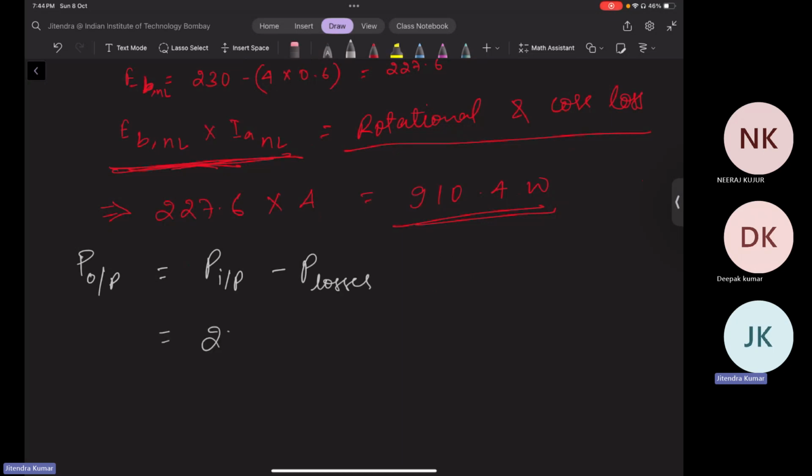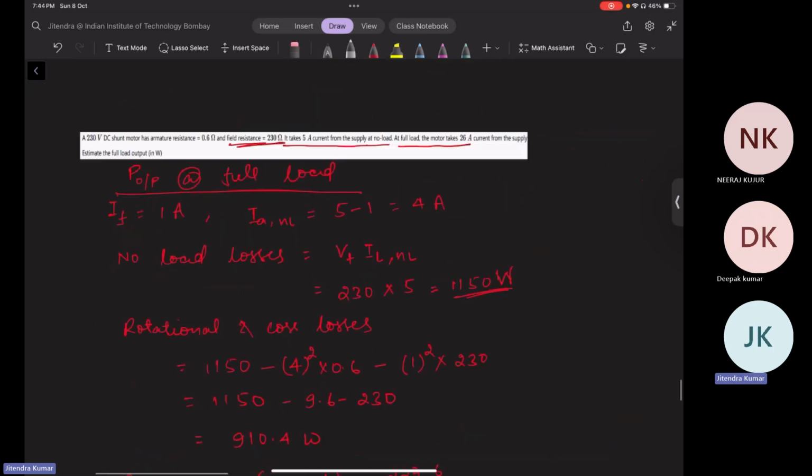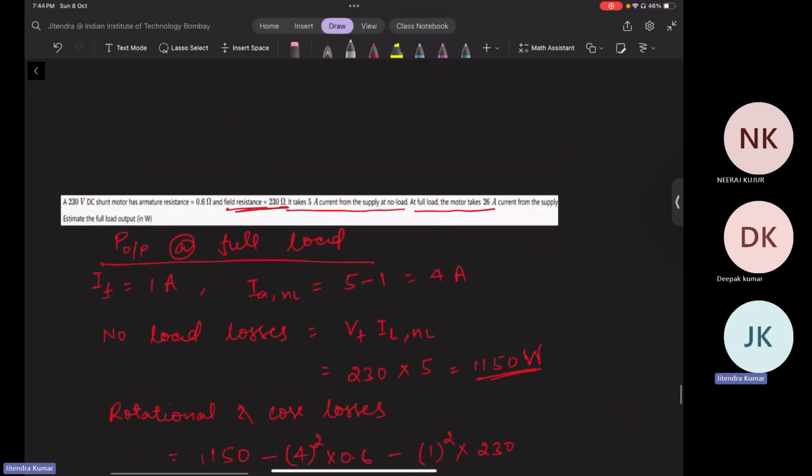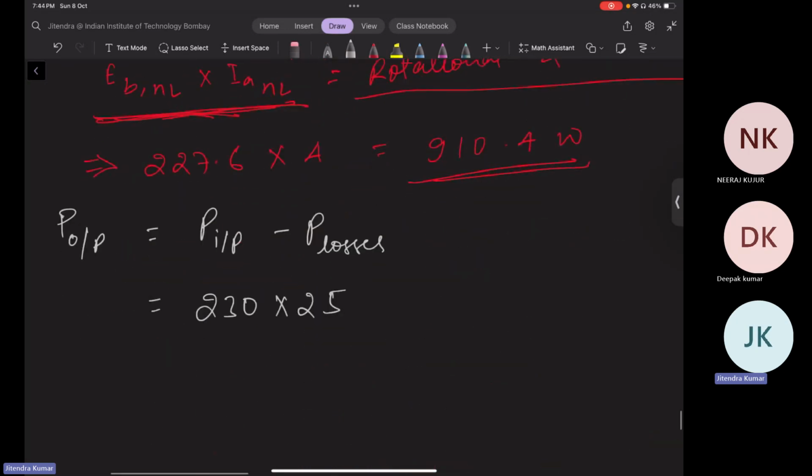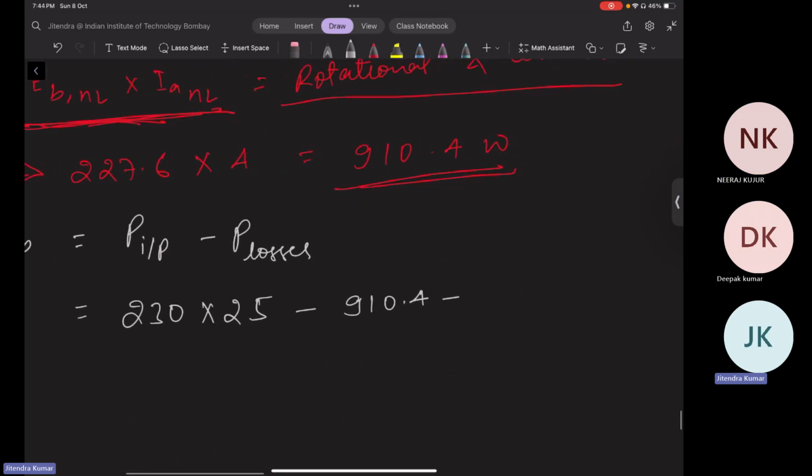So input is how much at full load? 230 into 25, right? Because at full load the motor is taking 26 amps. 1 amp is going in the field, so the remaining 25 amps will go in the armature, right? Minus the rotational losses and core losses, 910.4, minus, at this armature current of 25 amps,